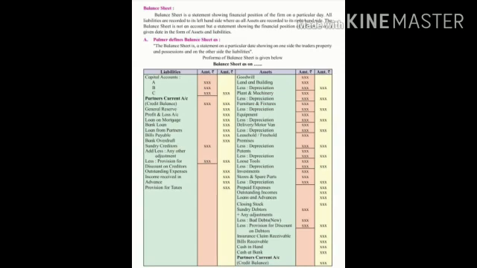Partner's capital account is prepared in case of the fluctuating capital method, or partner's current account is prepared in case of the fixed capital method. Now after calculating the balances of the partner's capital account or current account, we have to carry that balance to the balance sheet. What is a balance sheet? A balance sheet is a statement showing the financial position of the firm on a particular day, that means 31st March every year. All the assets are recorded on the asset side and all liabilities are recorded on the liability side.